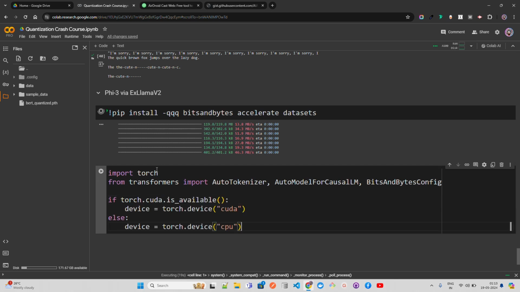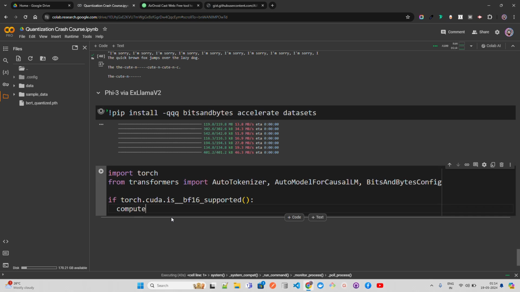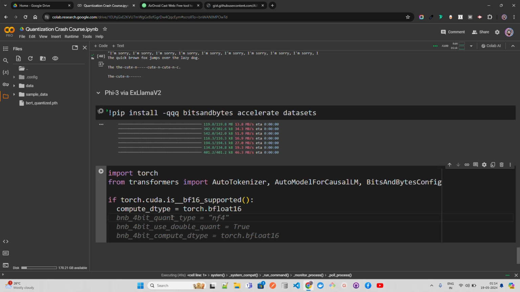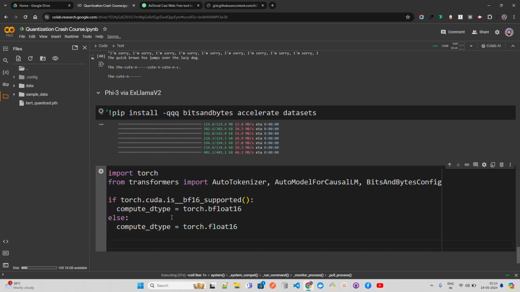I'm going to check torch.cuda.is_available, and whether bf16 is supported, so I'm going to change the game here. I'm on an A100, so I believe it supports BF16. Then let's write the compute dtype, because I'm going to select my dtype. If BF16 is supported, you use it, else you use the compute type as floating point 16, just for the memory and stuff. This is fine. We are good with this.